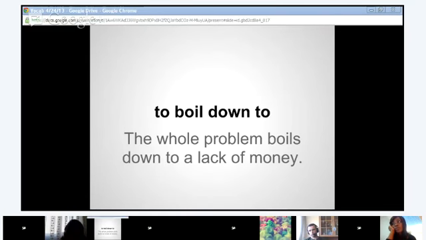Maybe I can try a sentence. Reporters must boil down their reports, maybe? Yeah. You could say they must boil down their reports. They must make them simpler or shorter. Okay, very good. So you can use it in that way as well. It's a little bit different than to boil down to something, but you can use it almost in the same context, meaning to reduce.